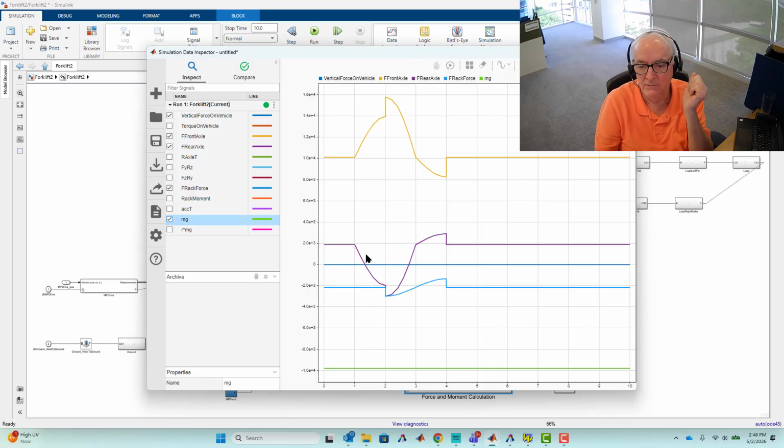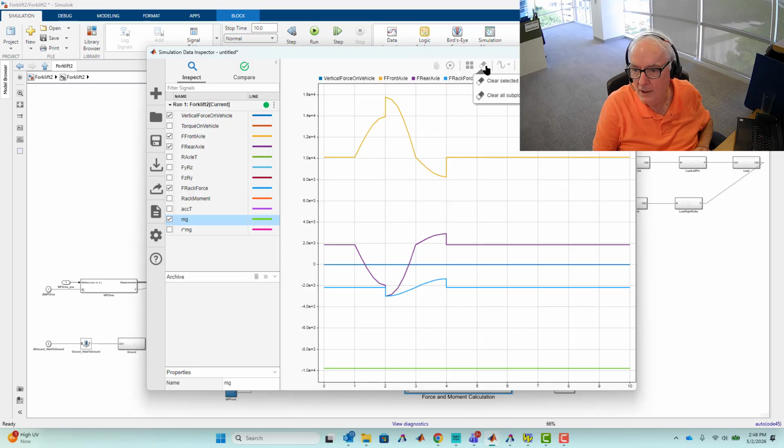And that condition of tipping, you can absolutely see it right there. That's when the rear axle in purple transitions from positive to negative. In reality, it will never be able to apply a negative force and tug down the vehicle. It will go to 0 and it'll flip because there will no longer be a balance. All right, and